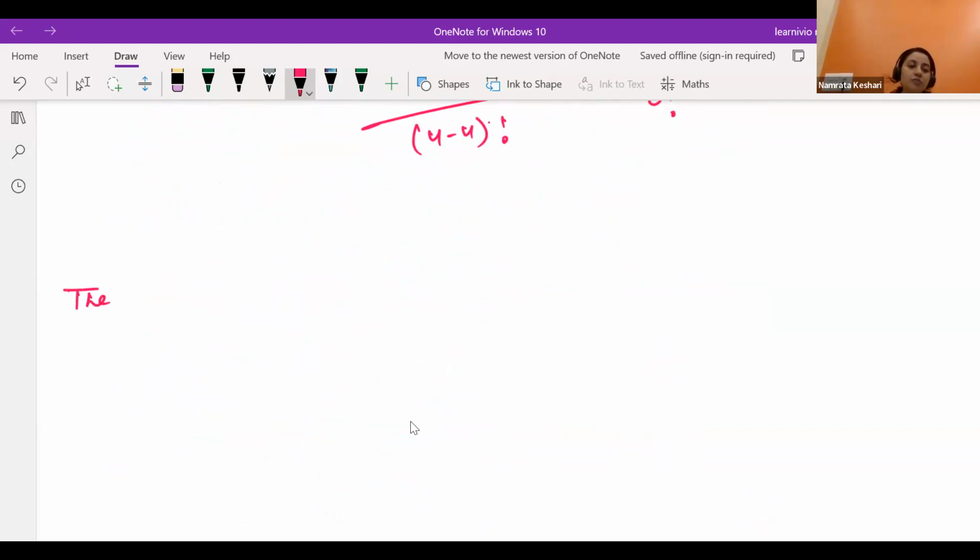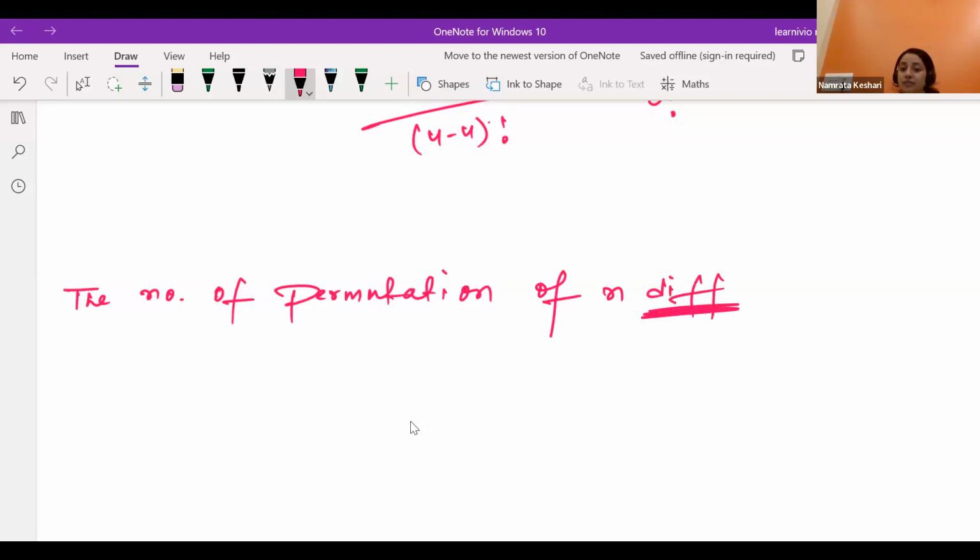So the number of permutations of n different objects. It says different. This formula nPr is only applicable for distinct objects. I said to you that there is an updated version of this formula we will be discussing when we are having the same objects. So n different objects taken r at a time,